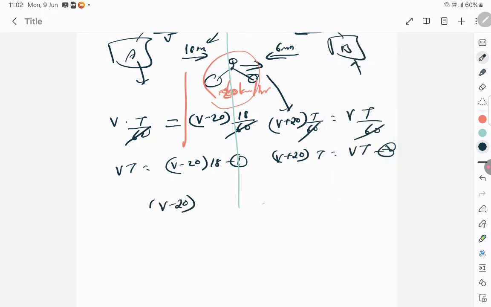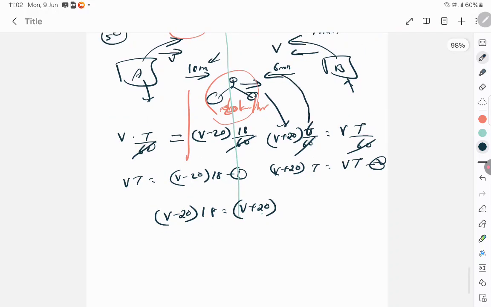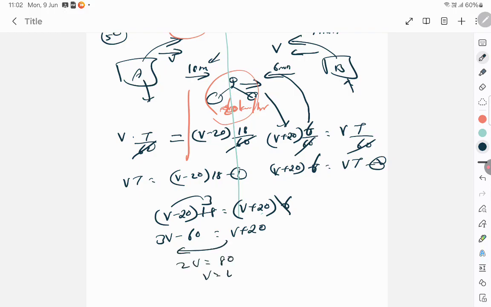So (v minus 20) into 18 is equal to (v plus 20) into 6, he notices it in every 6 minutes, right? So you can write it as 6. 6 3s are 18. 3v minus 60 is equal to v plus 20. Taking v to that side, 2v is equal to 80, v is equal to 40 meter per second, kilometer per hour,